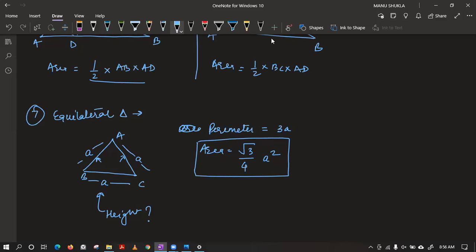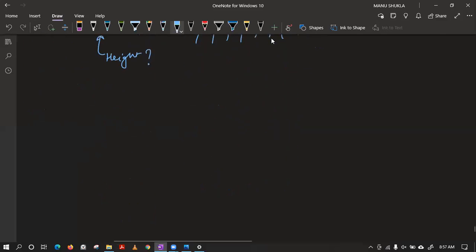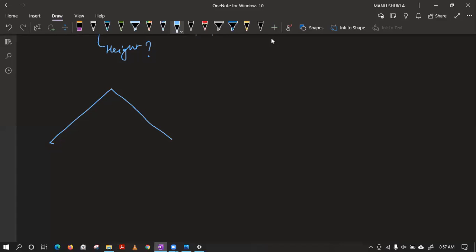Yes. So that means if we want, we can derive this formula also. Do you want to see the derivation of this formula? How we achieved this formula? Please tell. Do you want to see the derivation? Okay, let's see. So what we had in the starting was an equilateral triangle like this with all the angles 60 degrees. This is 60, this is 60, and this is 60. So A, B, and C.